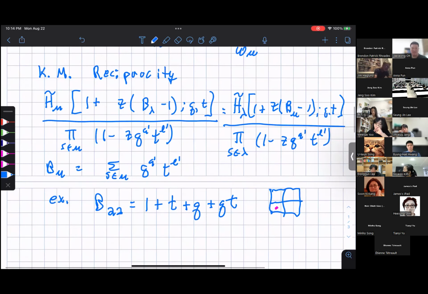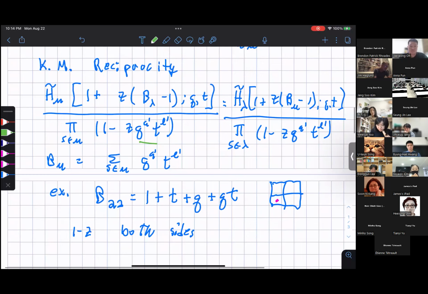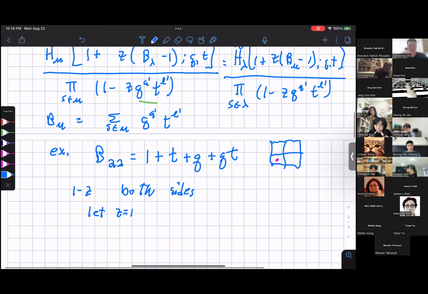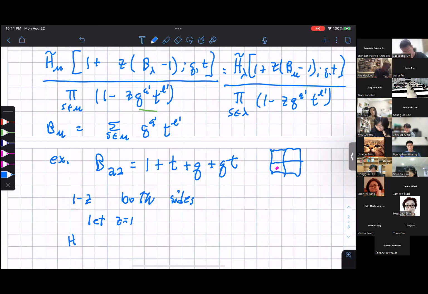This is a fundamental identity of Macdonald's. And then you note that there's a 1 minus z in the denominator on both sides, corresponding to this corner square where the co-arm and the co-leg are both 0. So you cancel those, and then let z equal 1. And then on the left, we get basically what we're trying to find. Oh, excuse me. We get H mu twiddle of 1 plus